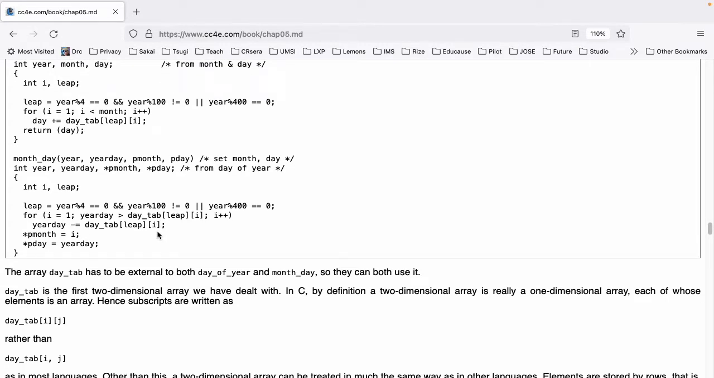Then the month_day function. month_day(year, yearday, pmonth, pday) int year, yearday, *pmonth, *pday; { int i, leap; leap = year % 4 == 0 && year % 100 != 0 || year % 400 == 0; for (i = 1; yearday > day_tab[leap][i]; i++) yearday -= day_tab[leap][i]; *pmonth = i; *pday = yearday; }